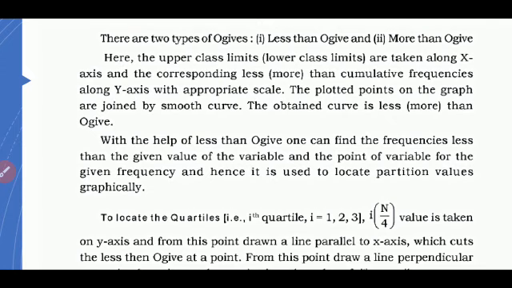Now for every cumulative value, see here. For every cumulative value, this is the upper limit here, the upper limits are here. For the first one, 20, the value here is 3. It's marked here, 3. For the next one, for 30, it is 11. For 40, it is 25. So we go on marking all these values, and with a free hand we draw this. This is known as less than ogive. This is less than.